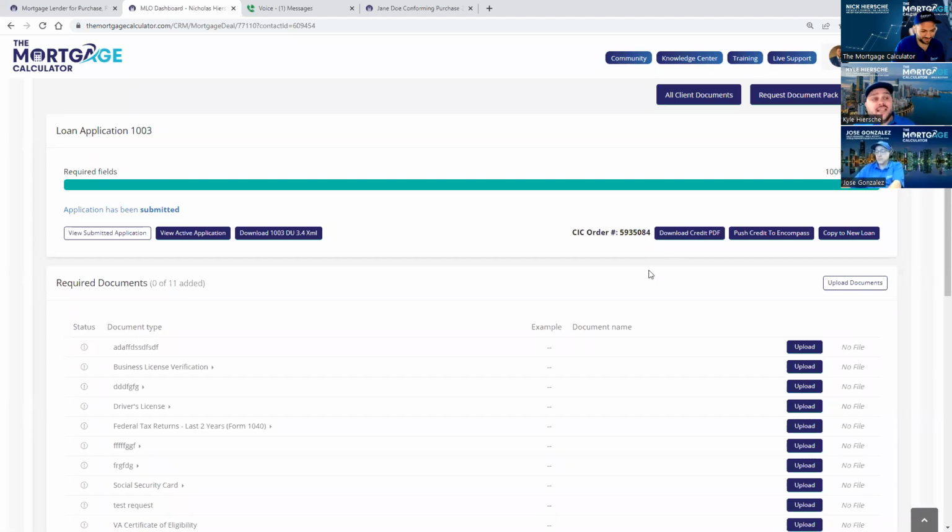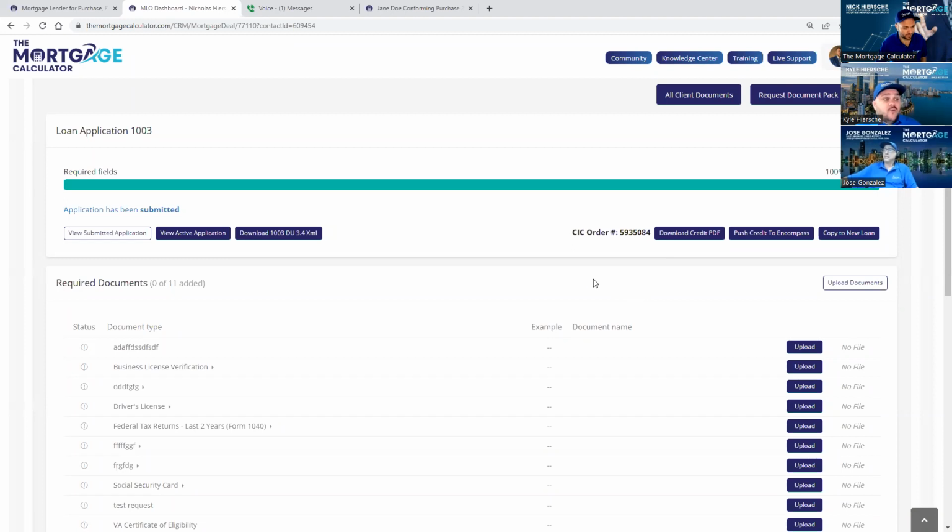Now, once your client has submitted their 1003 application, they also agree to have their credit pulled, and we pull their credit instantly when they submit their application. We pay for it. You don't pay for it out of pocket. Your client doesn't pay for it up front, right? And so we do that automatically.